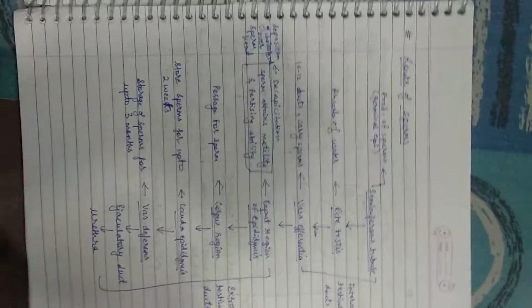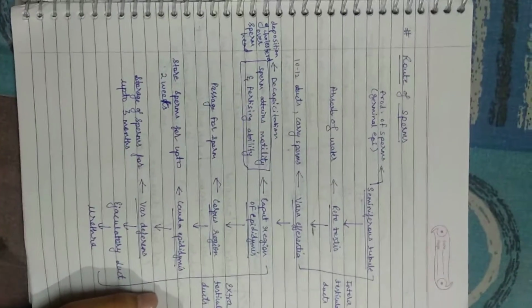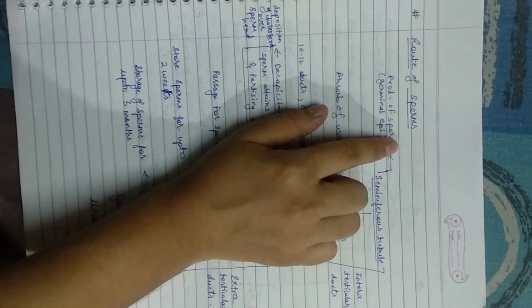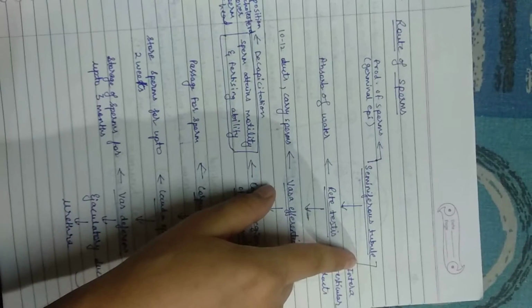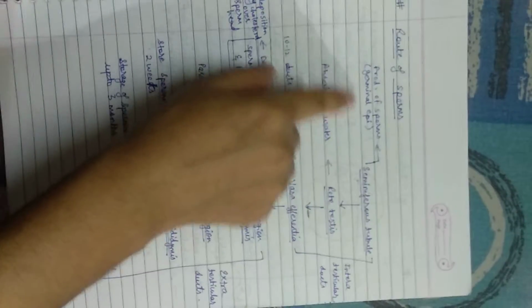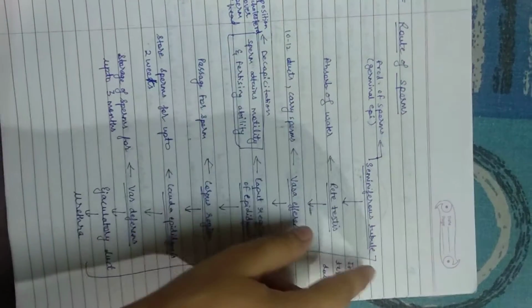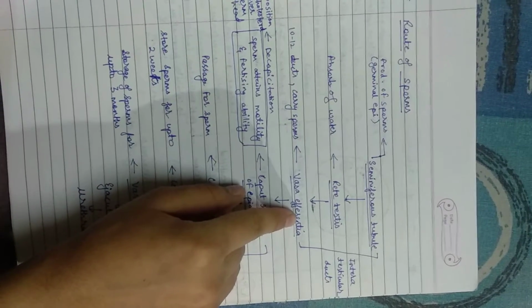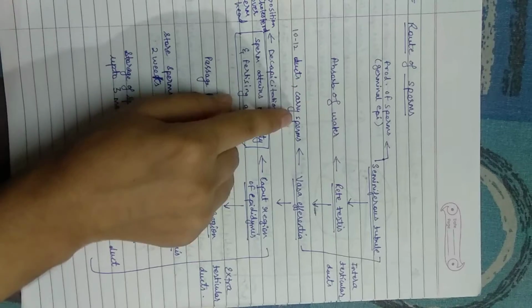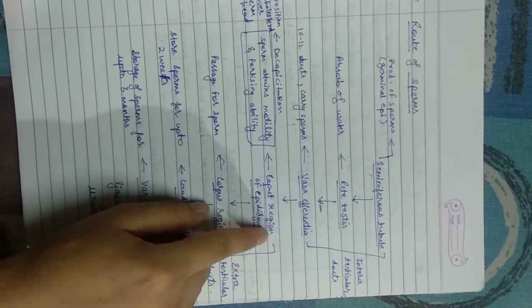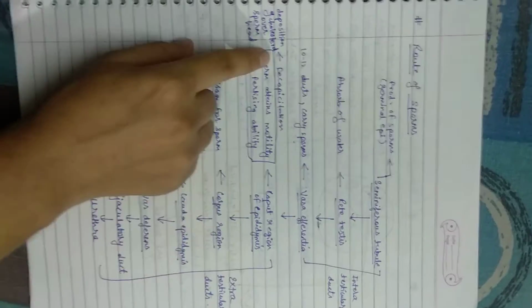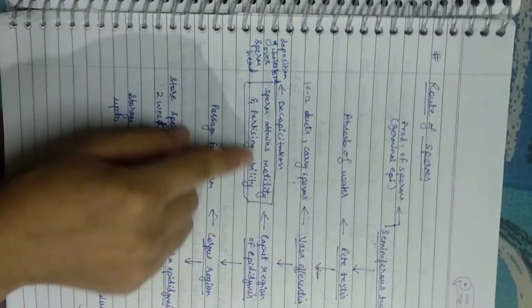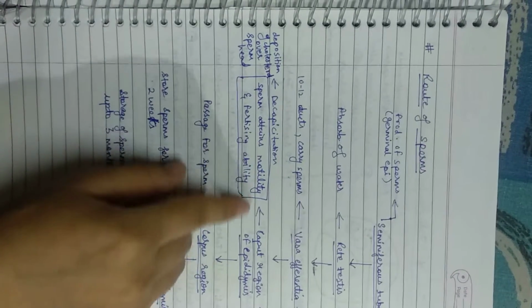I have drawn a flow chart over here for your comfort. It is the route of sperms, how sperms travel. From the seminiferous tubules, where the actual production of sperms occurs, through the rete testis it goes to the vasa efferentia. 10 to 12 ducts carry sperms. After that, it comes to the caput region of the epididymis, where decapacitation takes place, that is the deposition of cholesterol over the sperm head. Sperm here attains motility and fertilizing